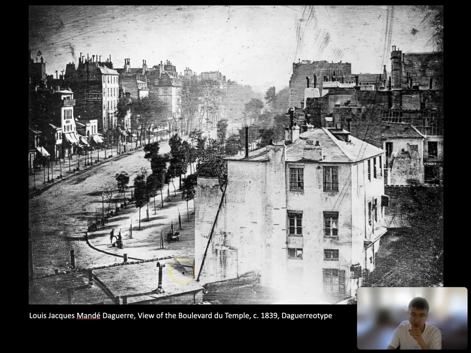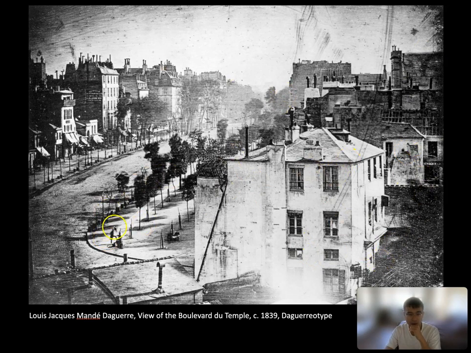Seems to be a pretty quiet scene, looking outside at the window of Daguerre's place. But anyhow, you see it's much more clear. You see the building, you see everything clear.